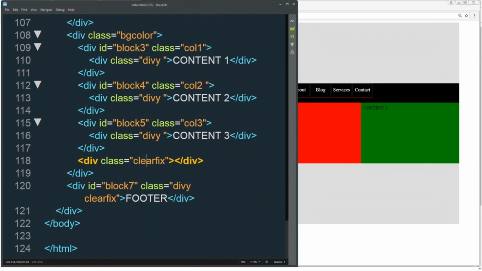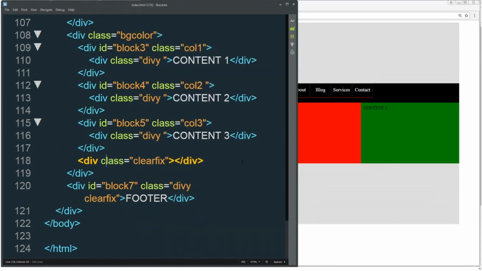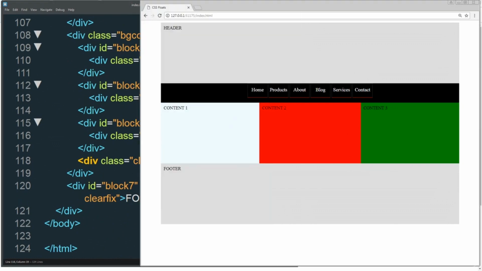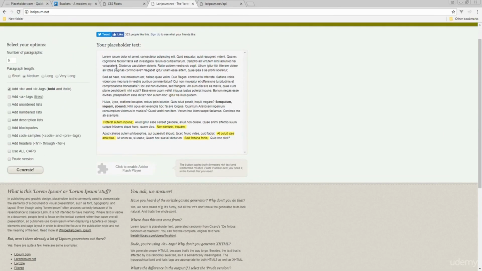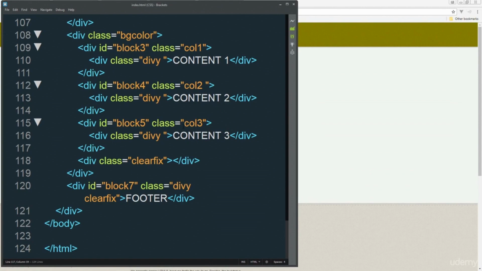And remember again that clear fix is there, so if we're not using those full colors, we can remove those as well, or we could keep them in. So in this case, let's go down and add some text into here. Going back up to here, if I had a bunch of text that I could pop into maybe one of these cells of content,